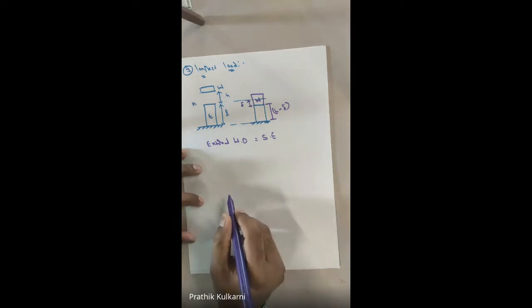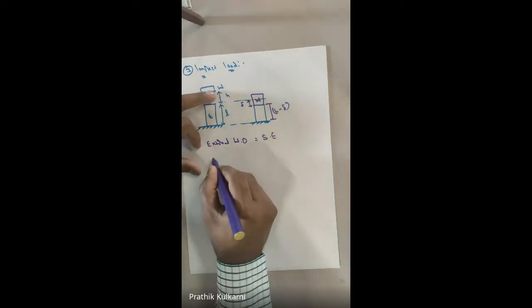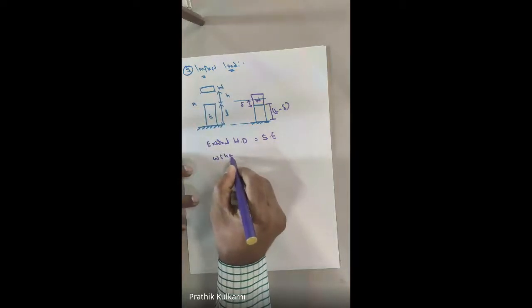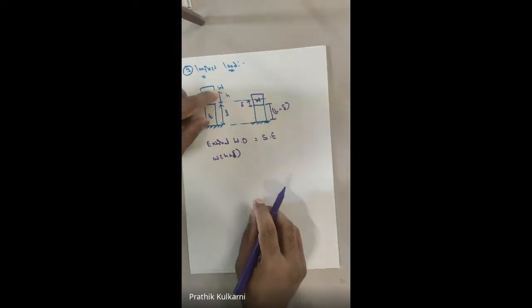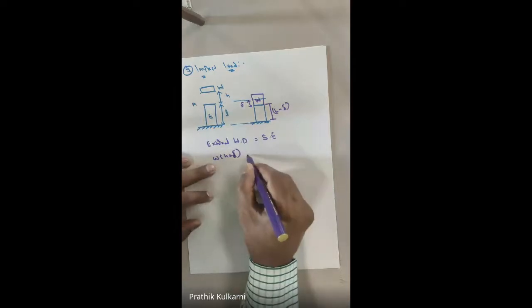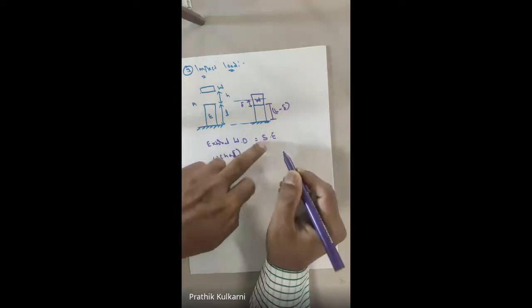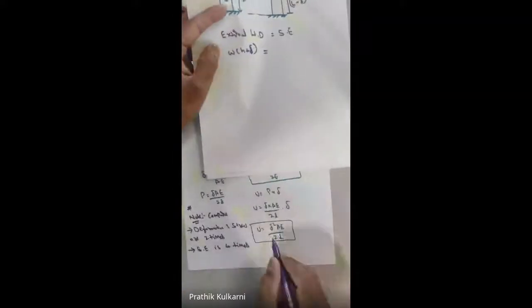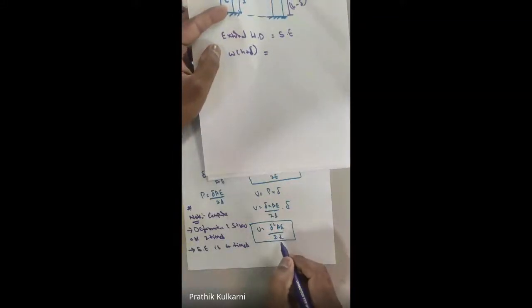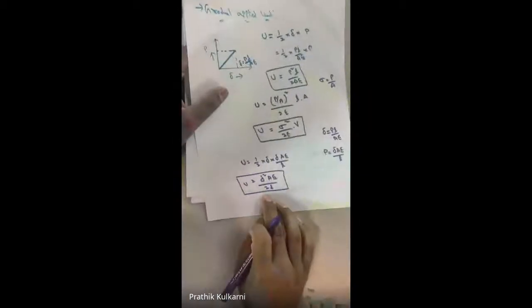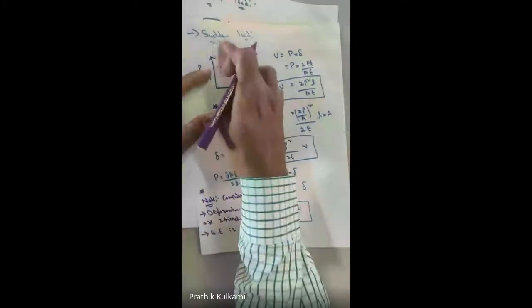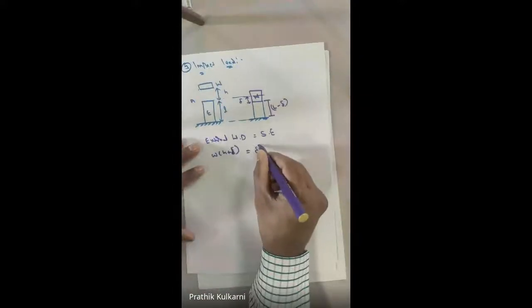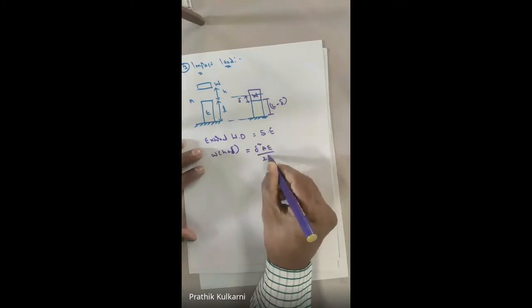Now, what is the external work done here? Sorry, it is W into H plus delta, not L. Fine. Why? Because H is there, again delta is there. So this is W into H plus delta, which is equal to strain energy. We have got the answer in terms of delta, which is delta square AE upon 2L. Same, whether you keep gradually or sudden, U is equal to delta square AE upon 2L. For gradually also the answer is same, and for sudden also the answer is same. So I can just take that equation: the strain energy is delta square AE by 2L.